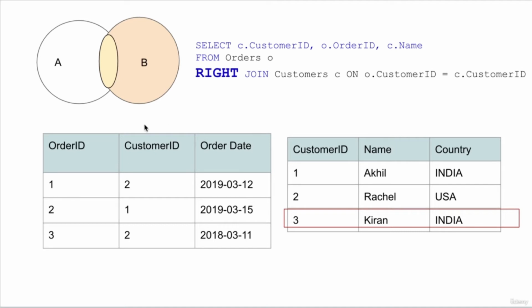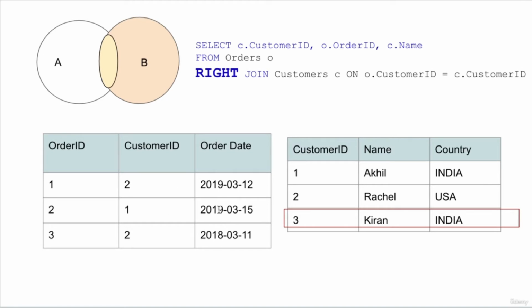Here the first two rows on the right table satisfy the condition because for customer ID 1 and 2 we have orders,